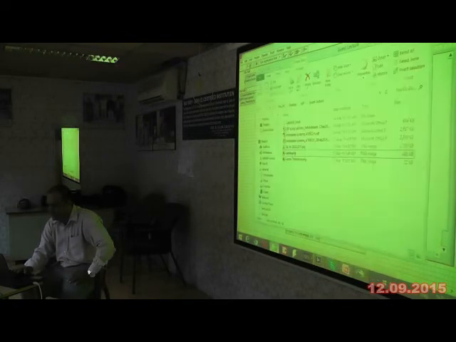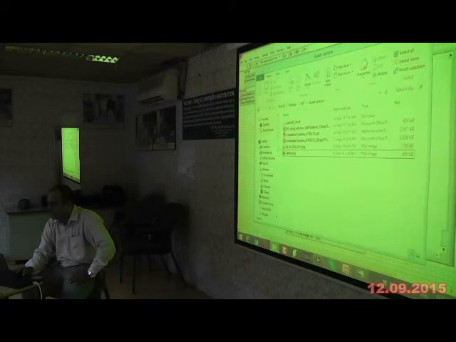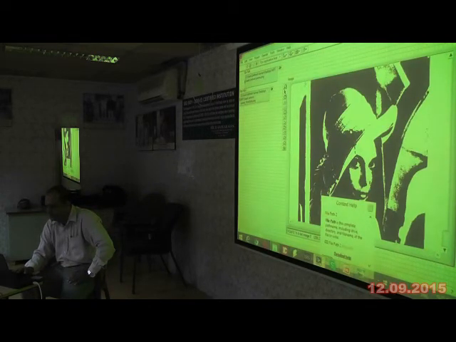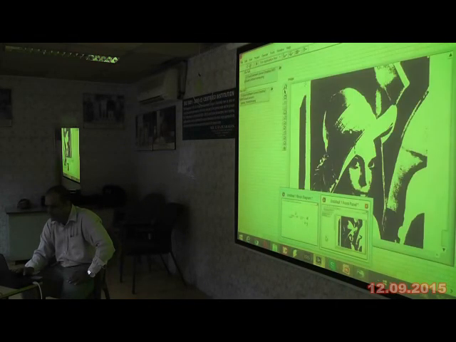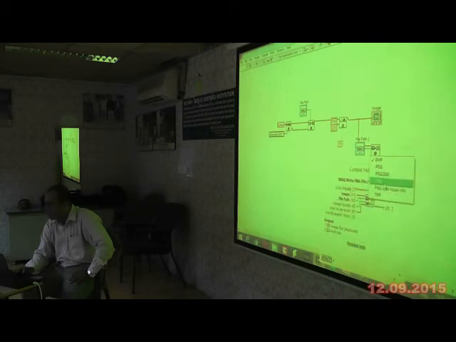Right now it is not available. In the block diagram I have to select the corresponding PNG format.